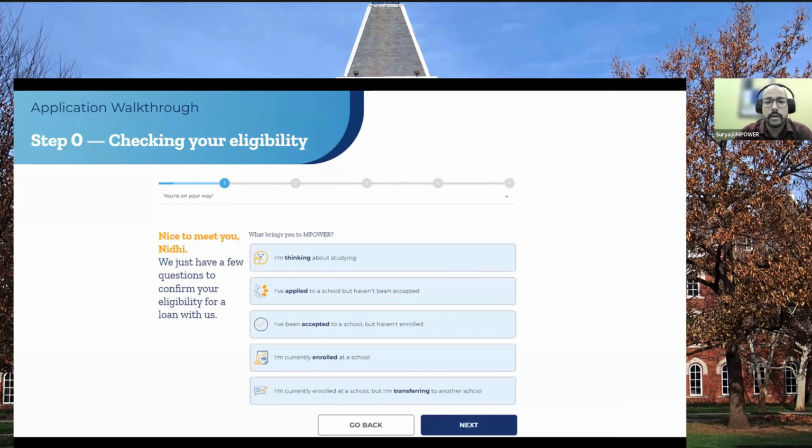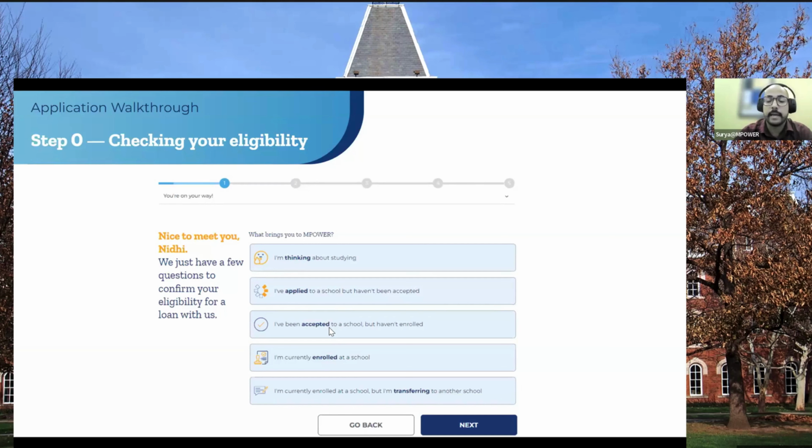Now, once you have provided this, we would be asking you these questions. What is important to understand here is what brings you to Empower. If you are a person who has just been thinking about studying in the US or Canada, but you have not identified any program or school, you can select the first option. The second option is for those who have applied to some schools but have not yet received their admission letters or any acceptance from these universities.